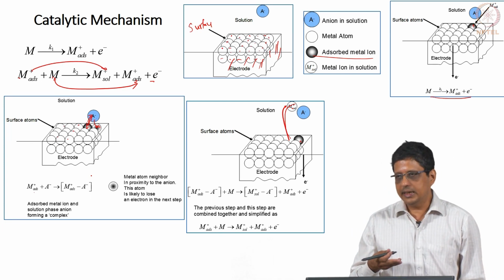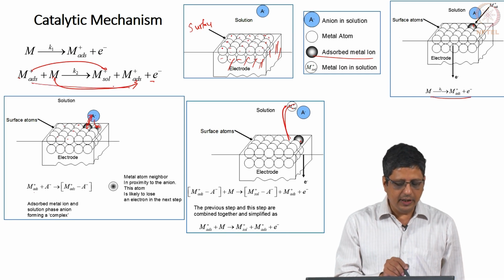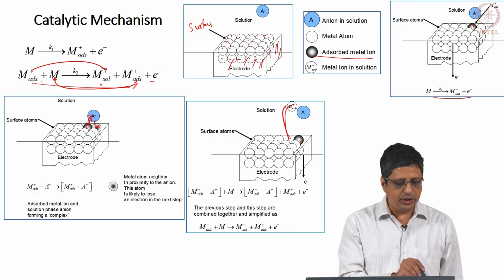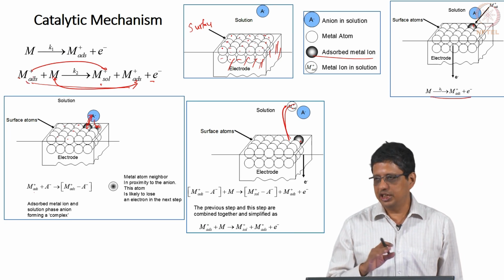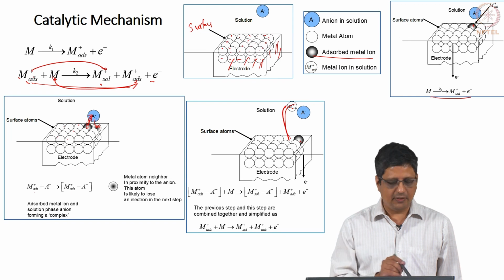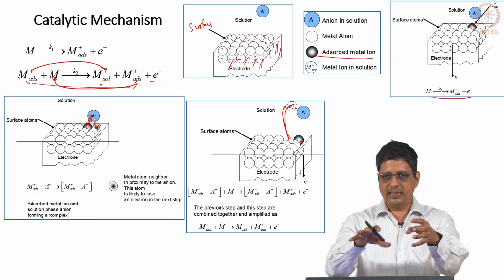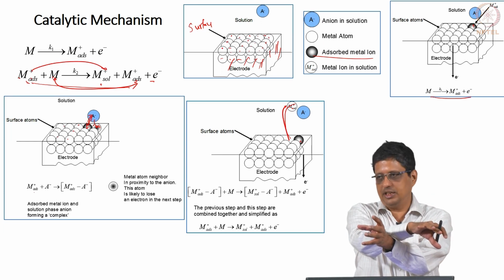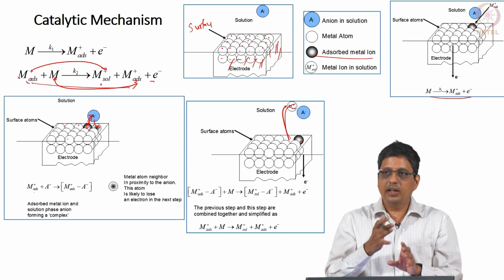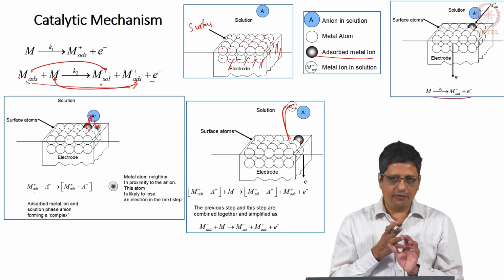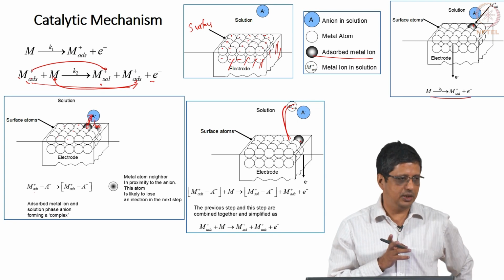So, it is called as catalytic because at the end of it, it is like metal going to metal solution, net M adsorbed has not changed, the fractional surface coverage of M adsorbed has not changed. You got one M adsorbed here, one vacant site here, now it looks like it just changed, although it is not exactly same, one has gone into the solution, but number of vacant sites and number of M plus adsorbed sites, they have not changed at the end of this process.